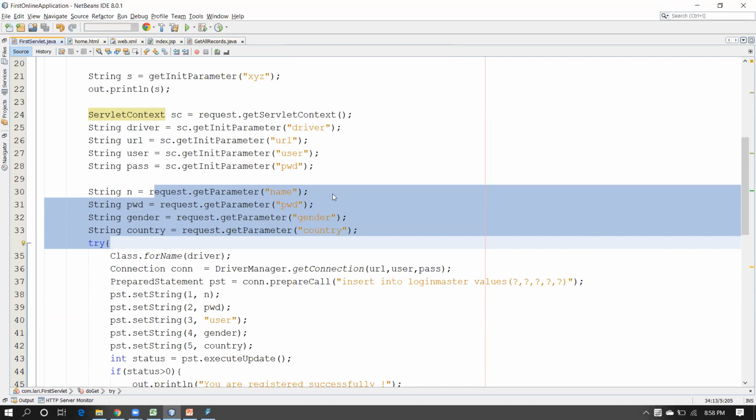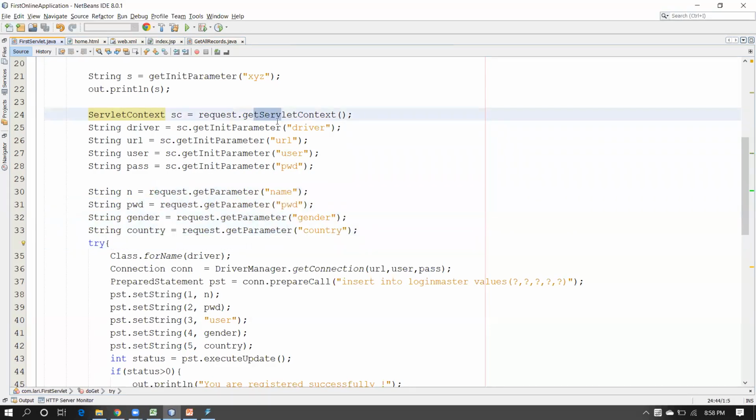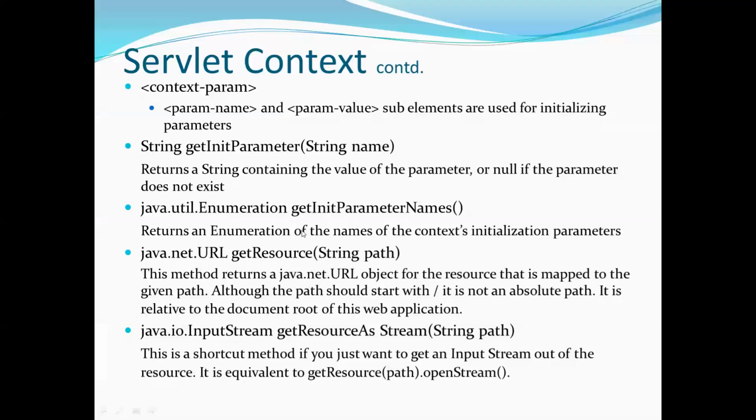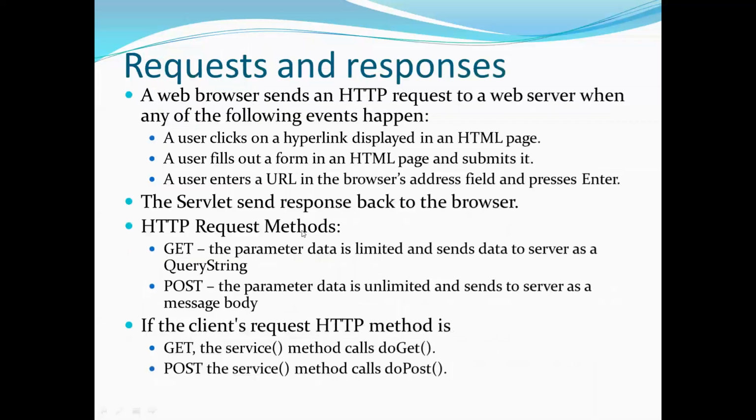So this is all about your context, servlet context, and servlet config. Okay, come one more time over here. So request and response, we are doing the code from the very first day, that how to request and how to respond